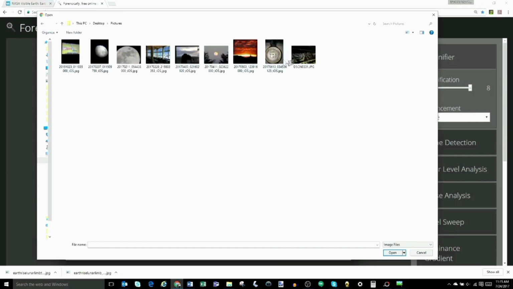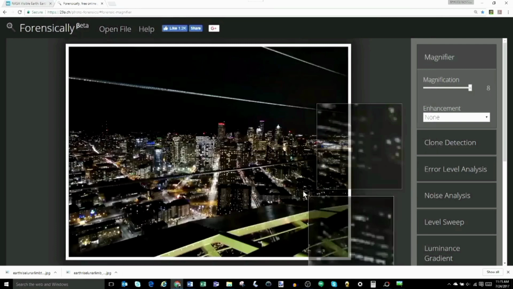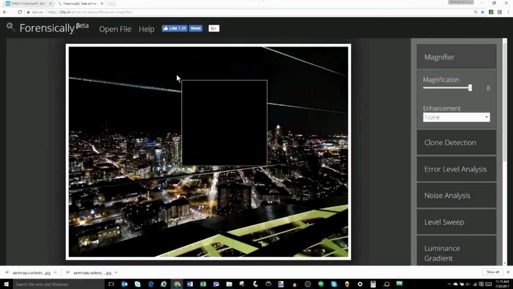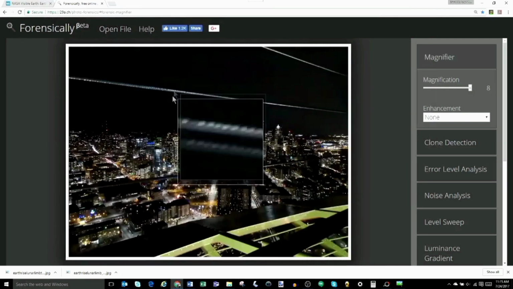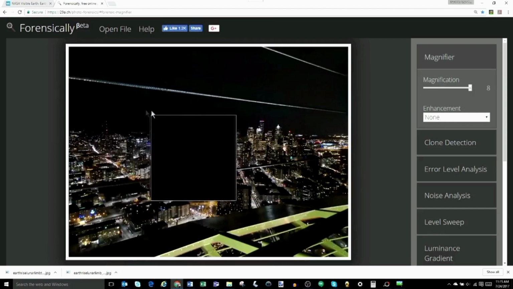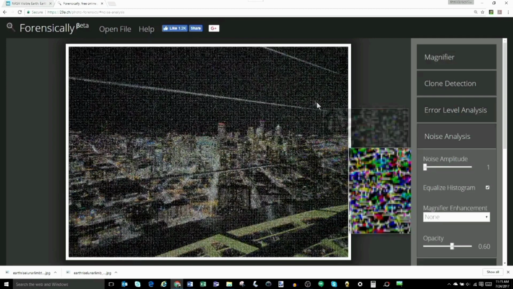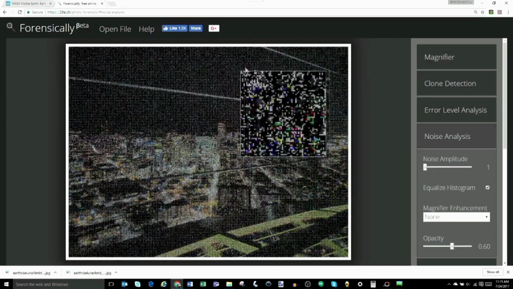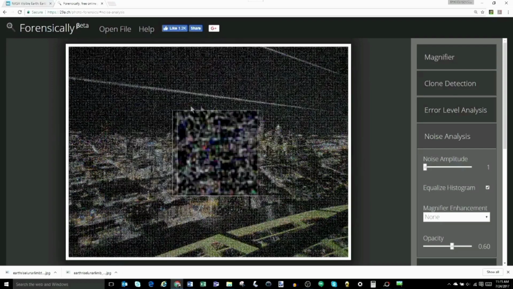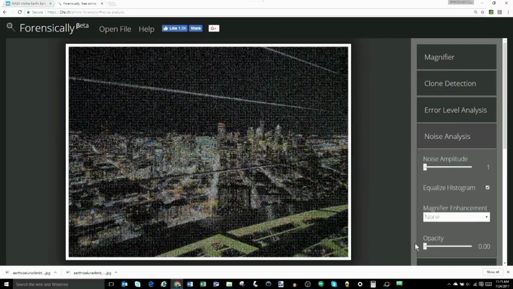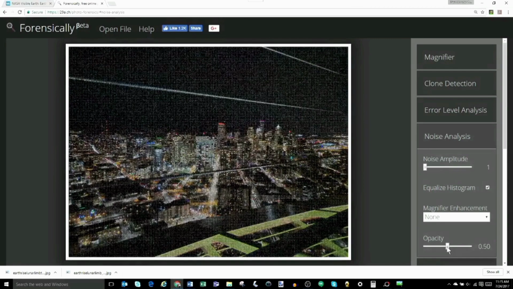One that I would like to use is taken from the Space Needle at night, and as you can see, a ton of black sky here. No stars showing because obviously I'm focused on the city and all the lights. We do our noise analysis. Let's look at what the sky does and any other shadowing parts of the image, and let's see what the noise analysis comes back with. And as you can see, completely full of noise, all the shadows, all the black sky, anything that was dark. When you do the noise analysis, you're coming up with a lot of noise,